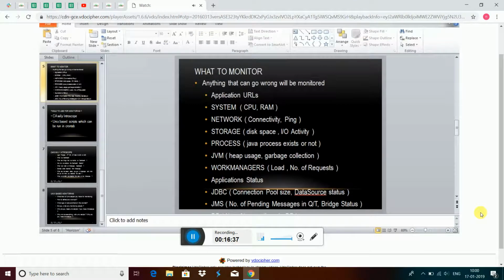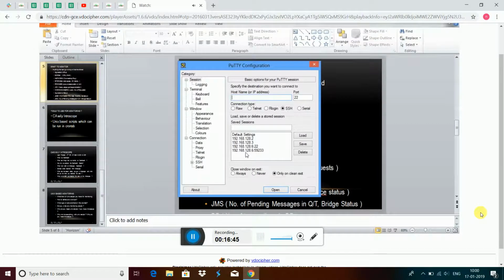Obviously when you're checking the application URL, this is all a manual thing. When you hit a URL, for example, let's say if we log into the server,